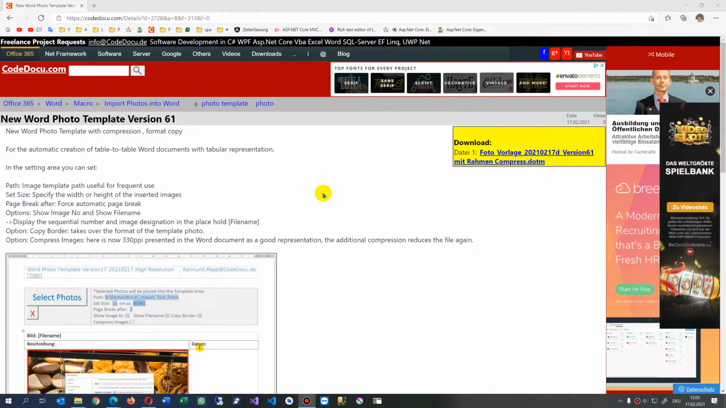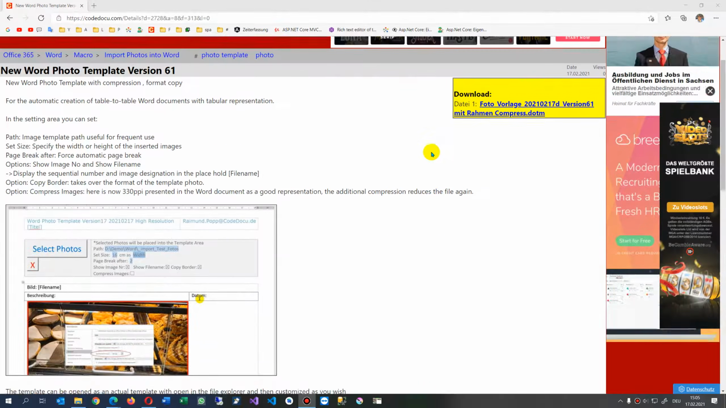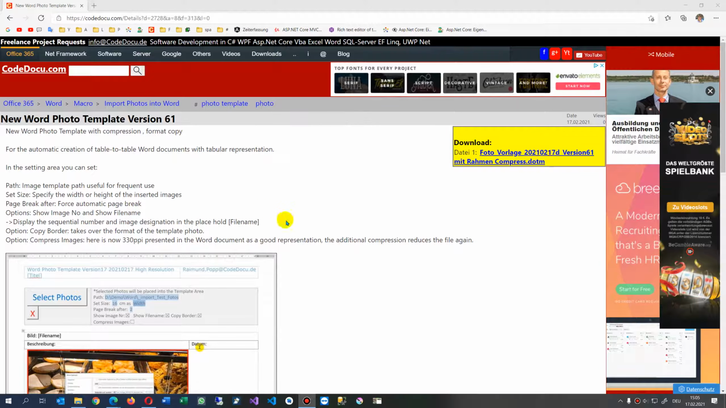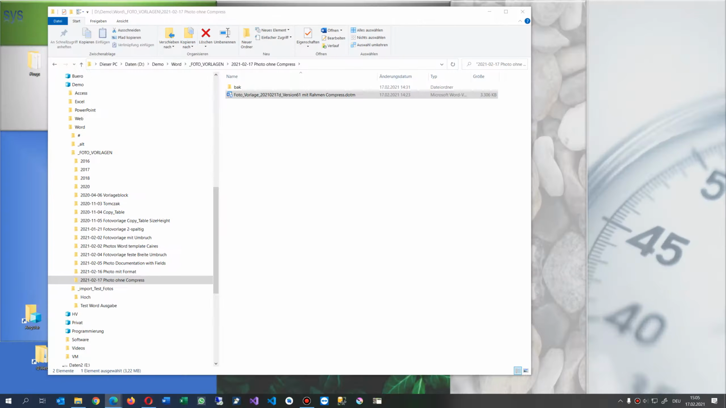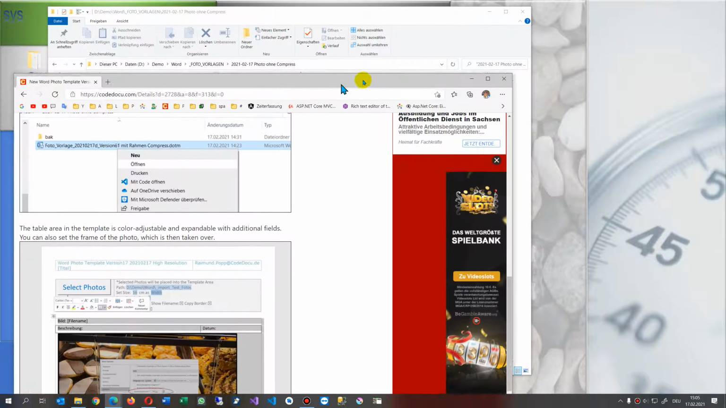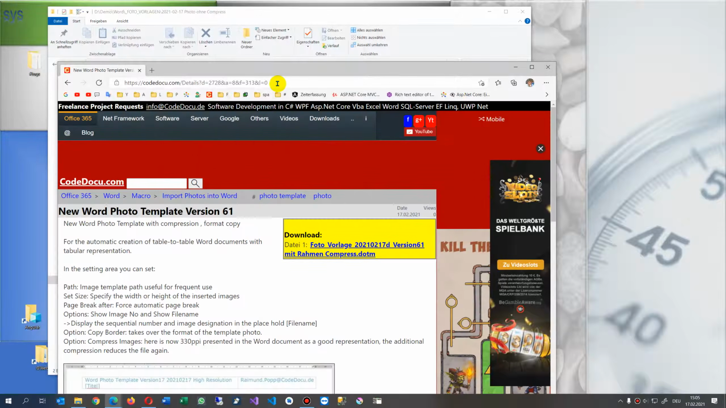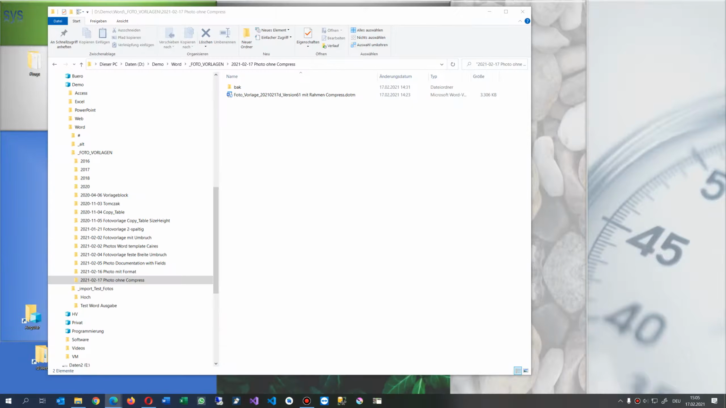This is now a documentation again for my photo documentation, which I've created for you. It's a template, and I have it for download. This is my documentation, which is in my download document website. And I'll show you what it does. It's a template. When you double click on it,